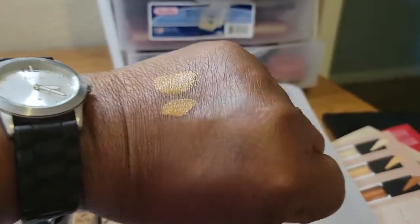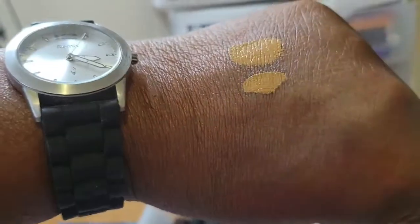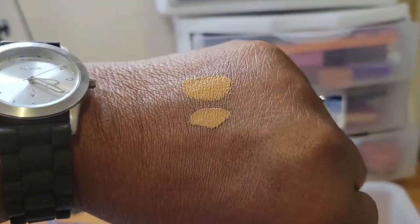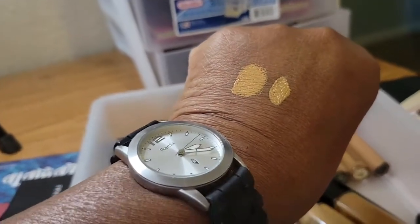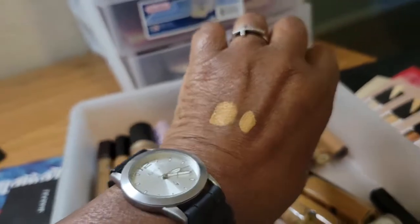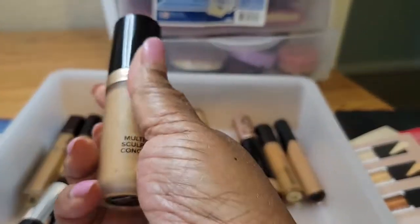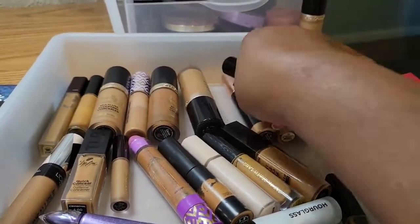Okay, here they are swatched. The Milani Warm Tan is on the bottom, and on top is the Butterscotch. So they are very similar in color. Looks like the Warm Tan is just a hint lighter, but they are similar. So you already know this one, this Butterscotch, doesn't work for me. So you know that Milani one probably is not either, but I'm going to pull it